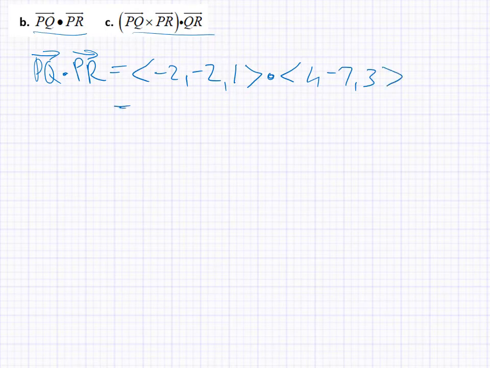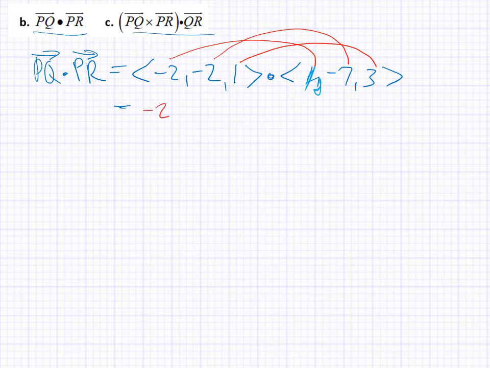All you do is you multiply consecutive entries. So in this case, we're going to get -2 plus 14